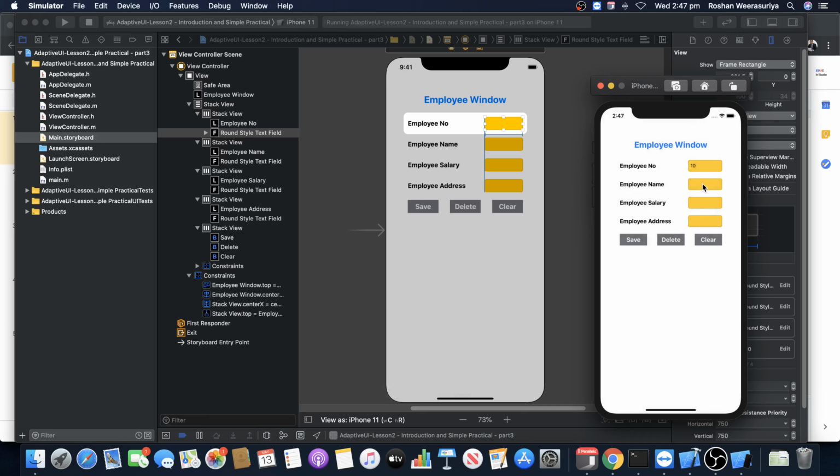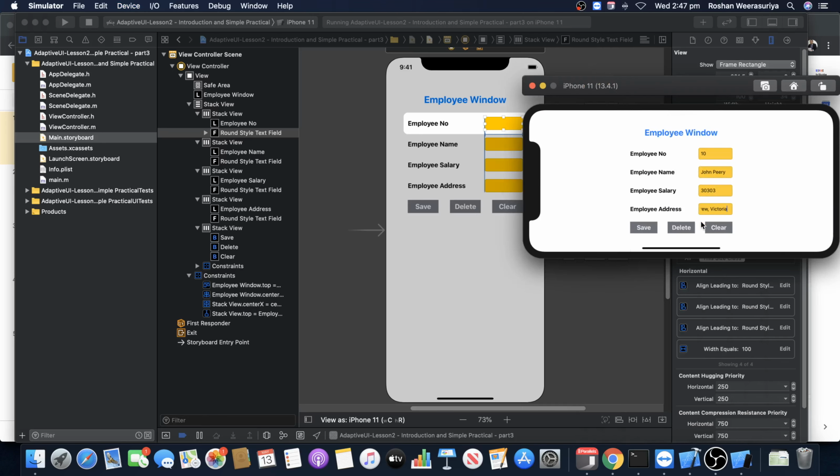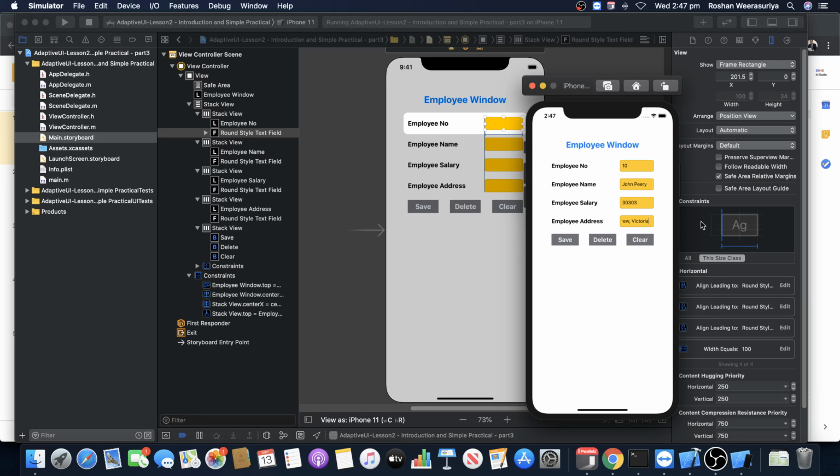So if I put something here, if I say John Perry, and then a salary of something, and if I type the address, see, it stayed fixed. So that's something for you to think about and use as well. So don't worry about that. So let me go like this, over here. So see, that's fixed. So if you want to keep it that way, that's one option. But let me show another way in the next lesson, of how you add further constraints